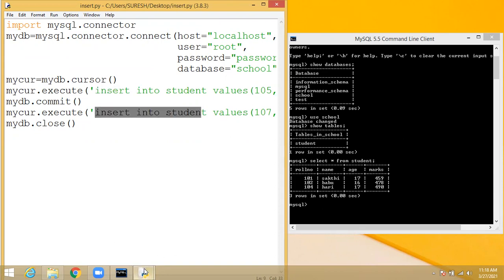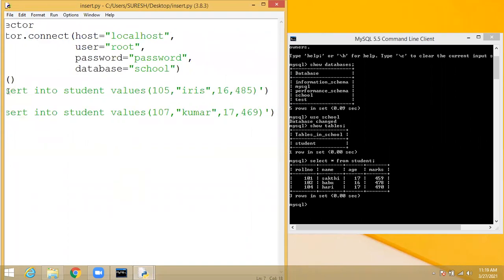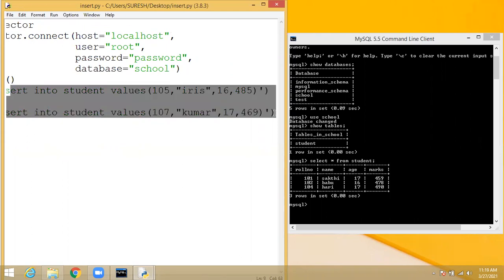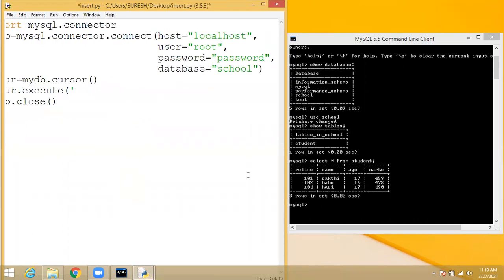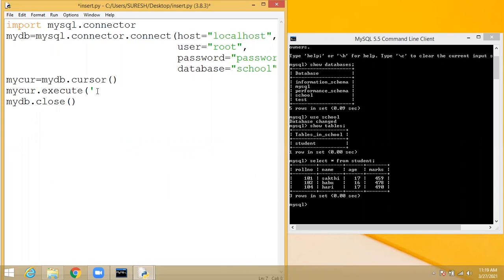So now we can use another program to view the table. I don't want to show the table in the MySQL screen, so I'm going to extend this. I'm going to use another program for viewing the table. I'm just going to edit the same program, the steps are different. So now in this program I'm going to display the table.